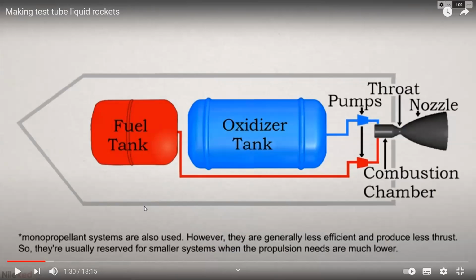Okay. So see, you have an oxidizer tank and a fuel tank. Then there are pumps which will pull out, the work is similar to water pumps. So this will pull out the oxidizing agent and the fuel. Then there is a throat, then there is a nozzle, and this is the combustion chamber in which the reaction happens. That is where combustion happens. So this is for a rocket. As you can see, this is the rocket one.